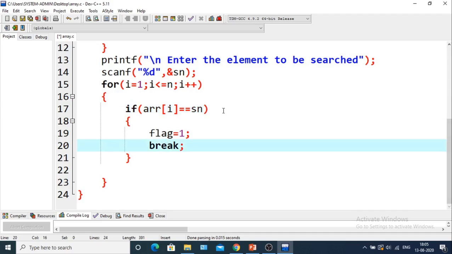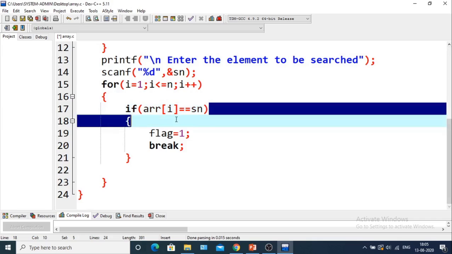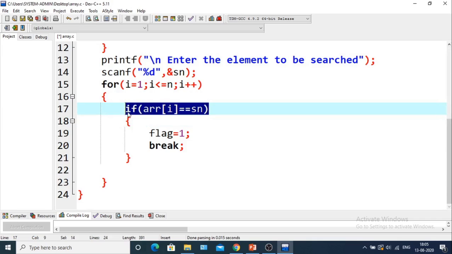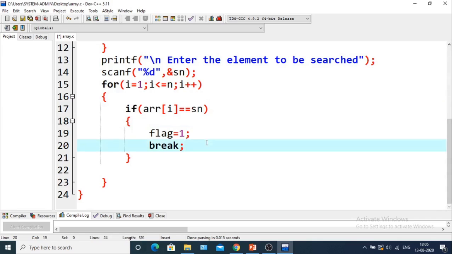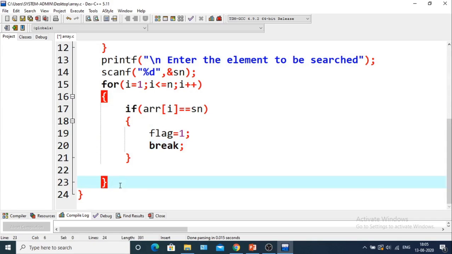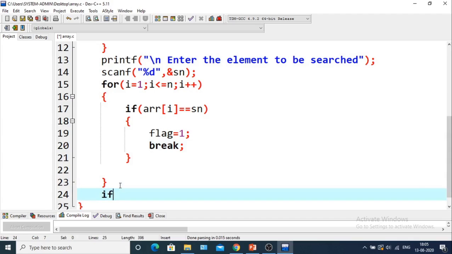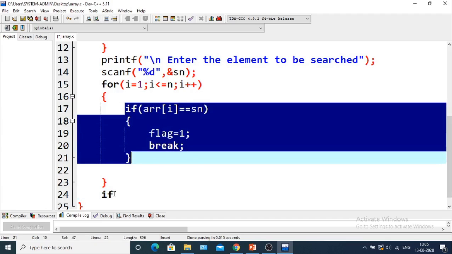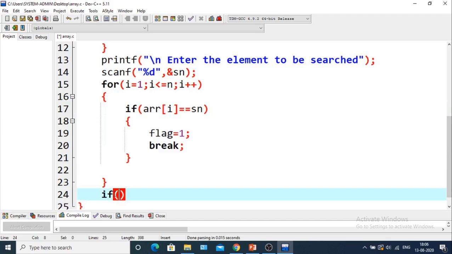If we found that element, we need not check the other elements, so there is a break statement. Break means we do not require to check other elements. When we find the element, the value of flag will be 1, and if we do not find any element equal to sn, then this if will not execute and the value of flag will never be 1.